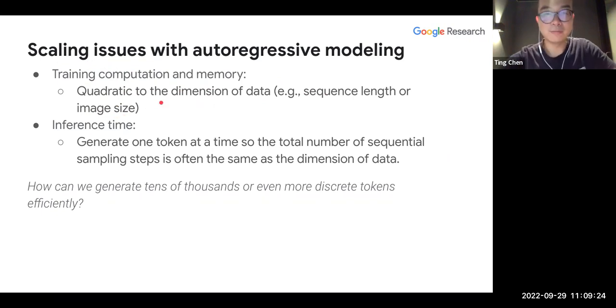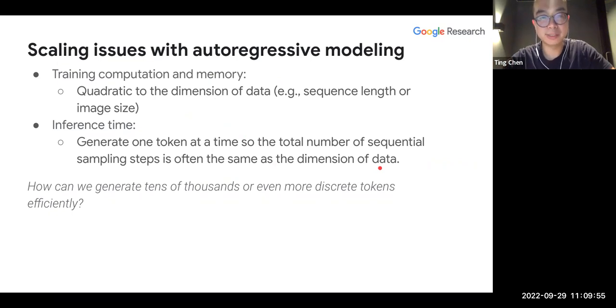If you have a transformer, quite obviously you typically get quadratic complexity, and the memory is also quite expensive. And in terms of inference time, when you want to generate from such an autoregressive model, you generate one token at a time. So the total number of sequential steps is often the same as the dimension of data. Now, if you have 1,000 tokens to